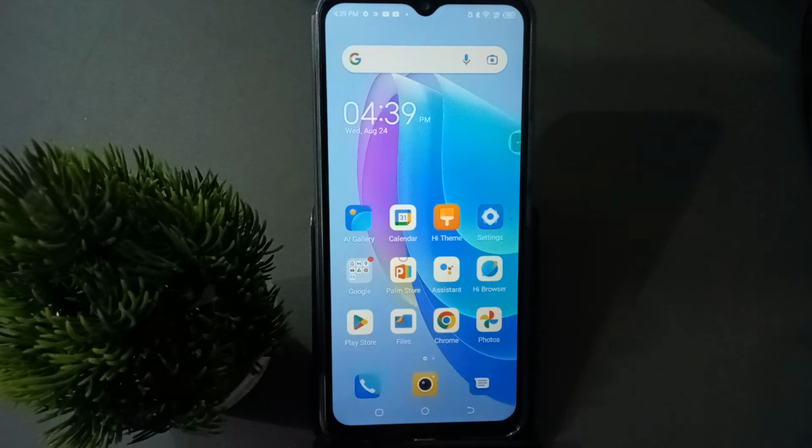Hello friends, today in this video I'm going to show you how to remove the ringtone on a Tecno mobile